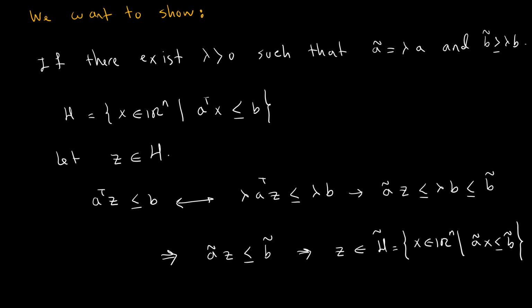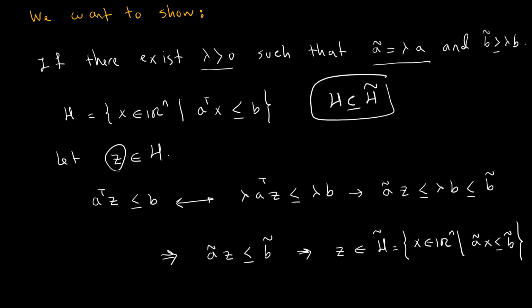For the first one, we are assuming that there exists lambda greater than 0 such that A tilde equals lambda A and B tilde is greater than lambda B, therefore H is contained in H tilde. In order to show this implication, first we pick an arbitrary point in H, and because